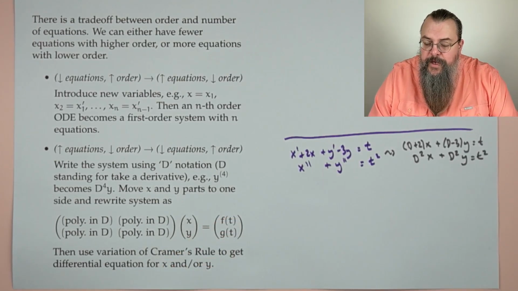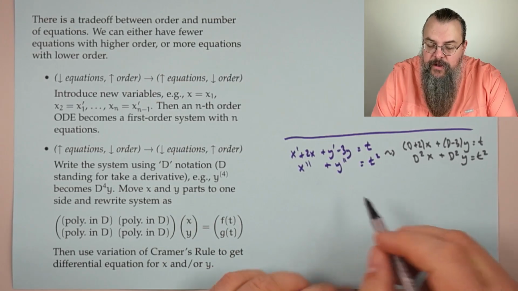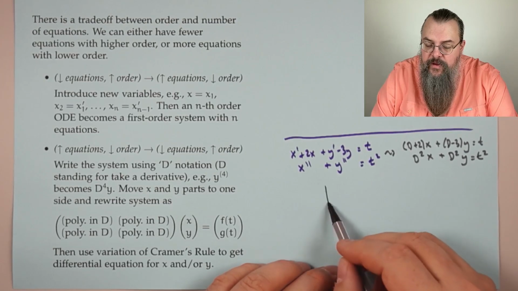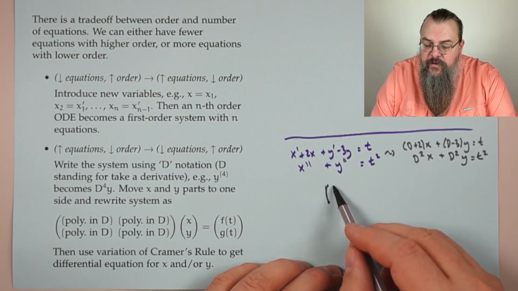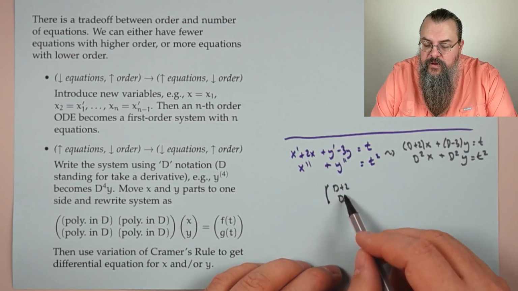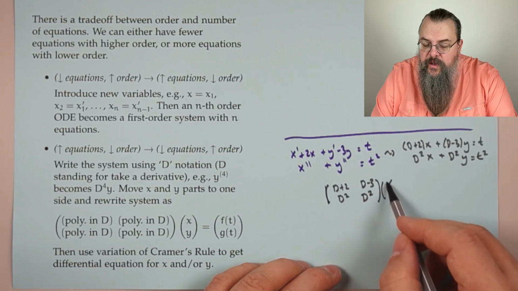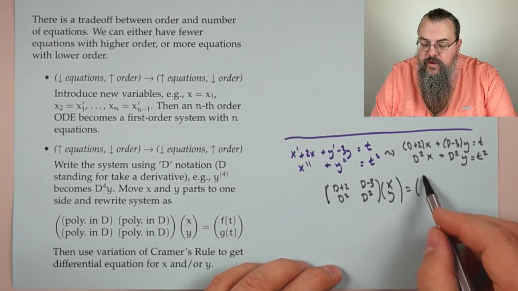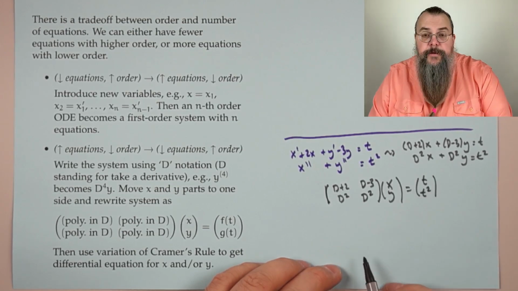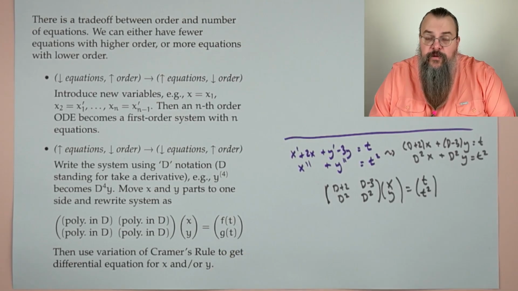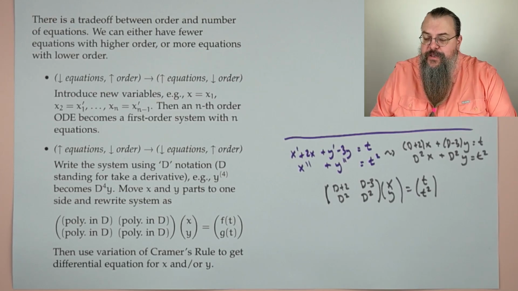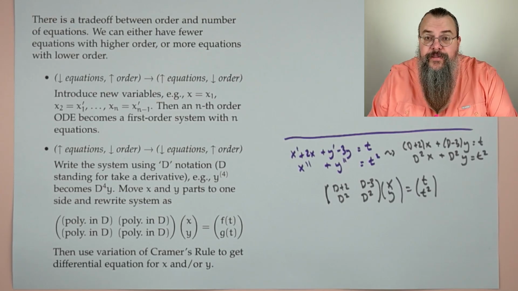Well, now that we have this expression, we can start playing around with things. We say, well, okay, so this says as a matrix, d plus 2, d squared, d minus 3, d squared, times x y